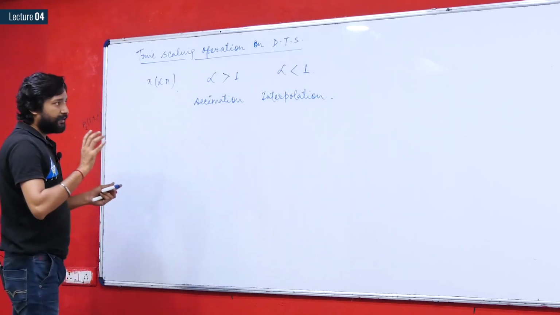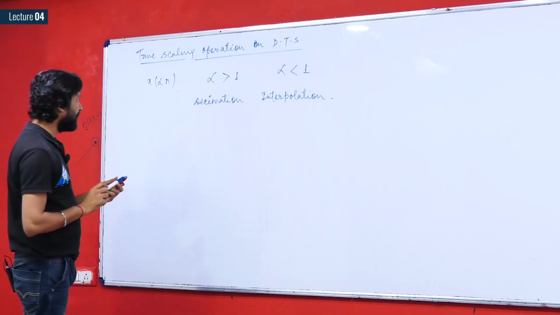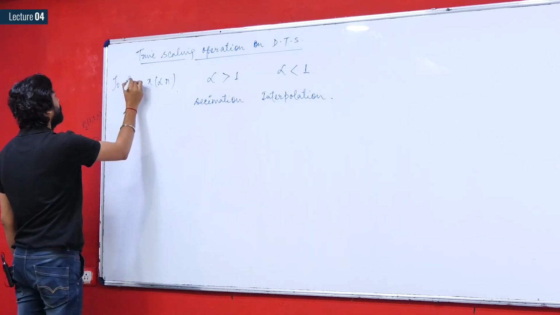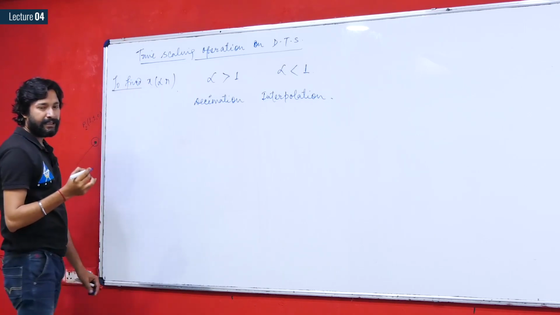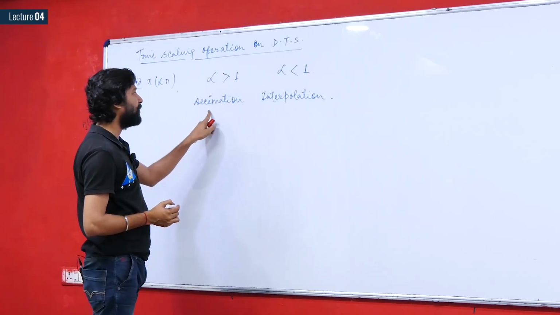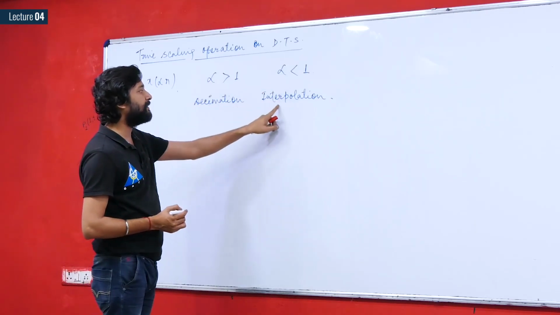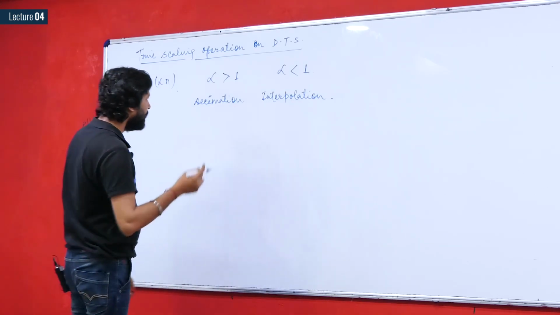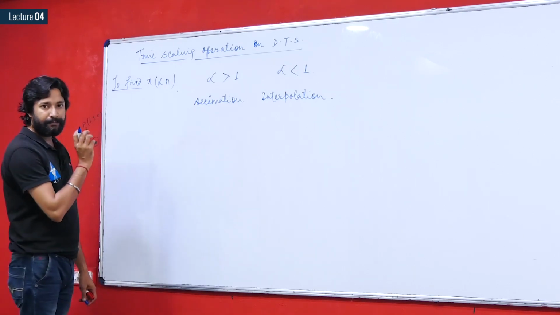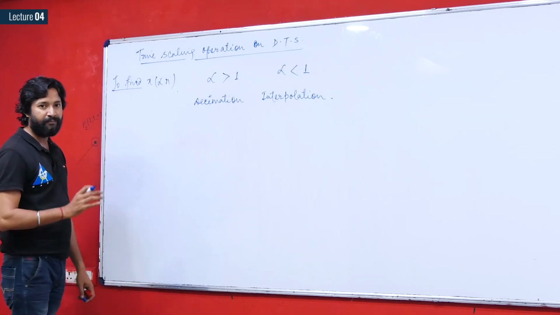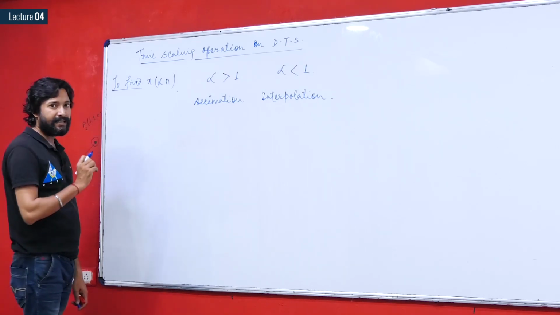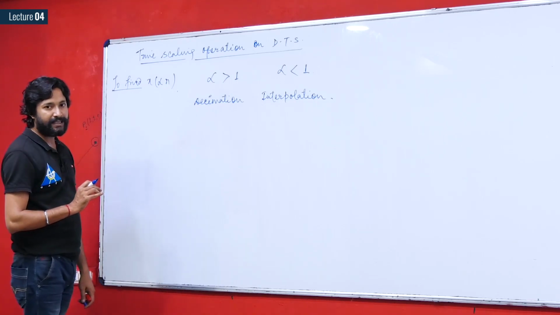Now the procedure is somewhat different. In the case of a discrete time signal, we have to find x of alpha n for any given signal x of n. If alpha is greater than 1, we call it decimation, and if alpha is less than 1, we name it interpolation. To understand the procedure, we take an example. First we will understand how we find that signal. After we have understood, we will see how, just by looking at the signal, you can find any scaled version of this discrete time signal.